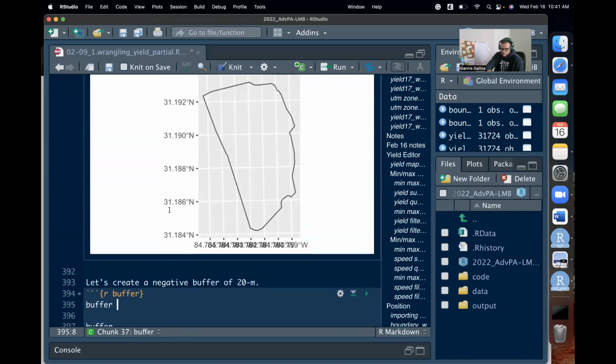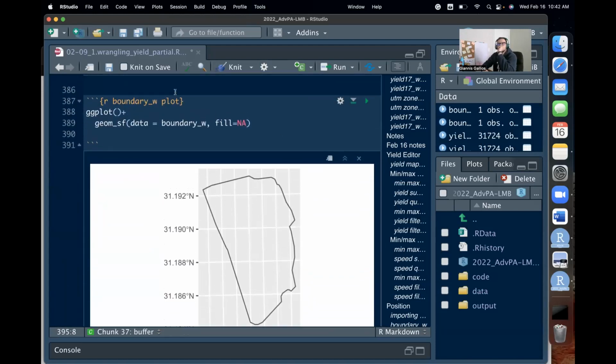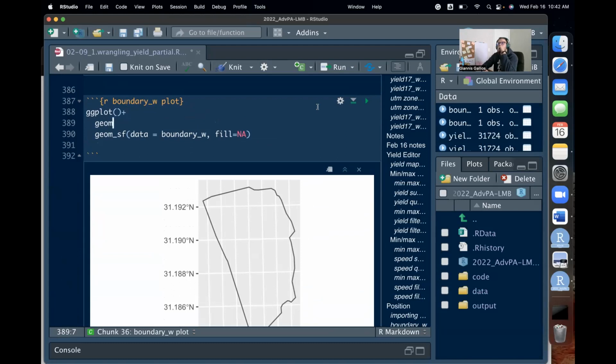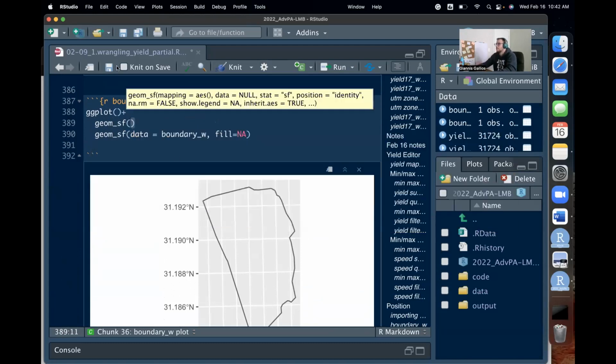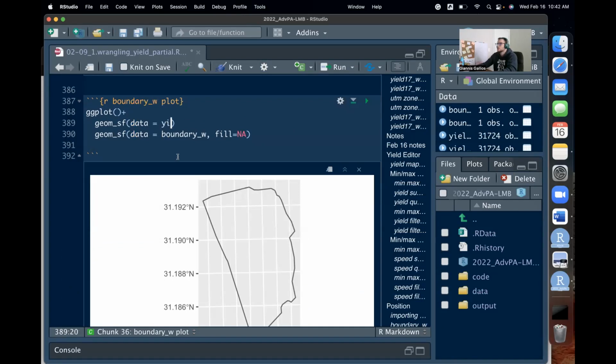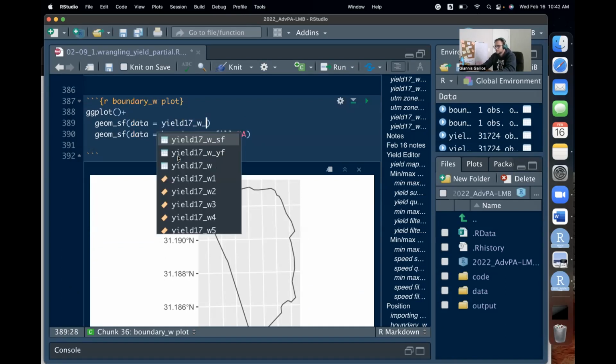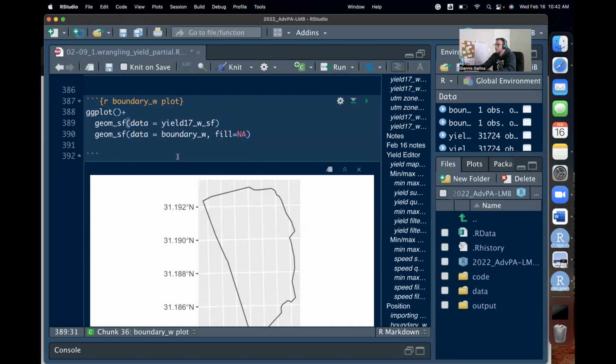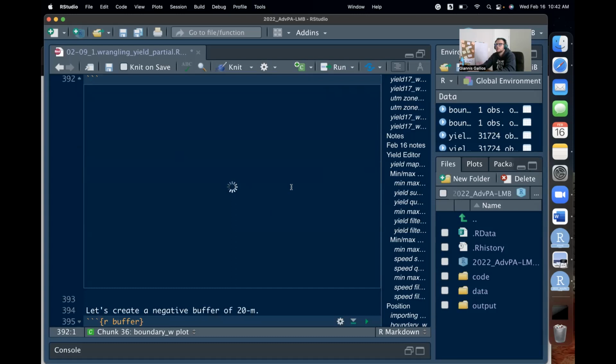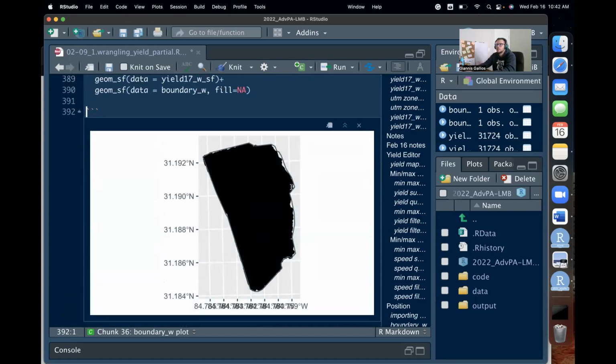So my plan is, right now we have the boundary of the field. Let me just do something else here, just so you can actually see what I mean. Come here after this plus, add again geom_sf, and say data equals yield17_W_SF. That SF was the speed filtered, the last filter we did. If you just do that and add a plus and run it, we're going to be able to see the yield data,